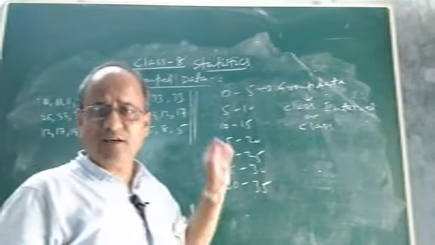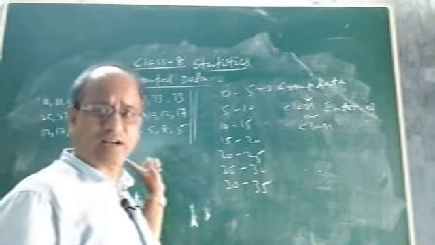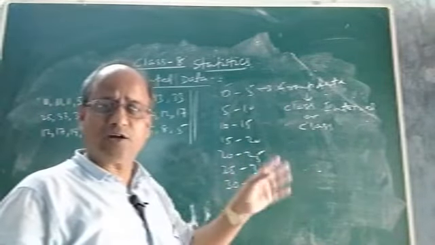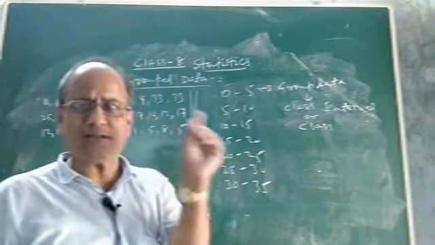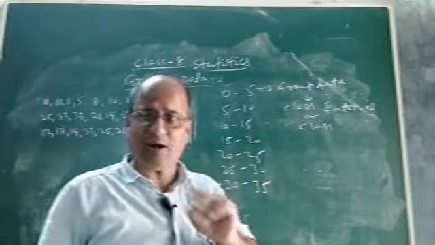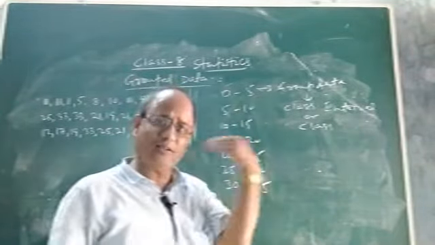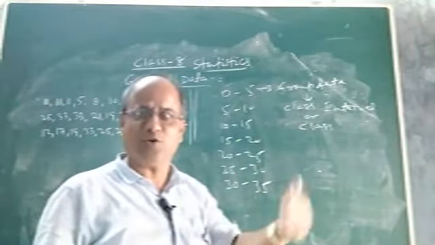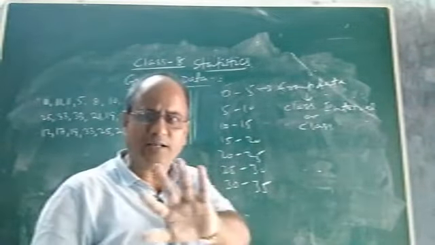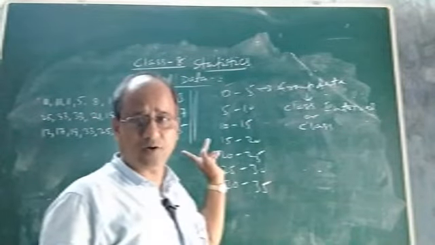So see children, the minimum rainfall is 1 and the maximum rainfall in this question is 33. In order to divide it into groups, I thought, let us take one group of 0 to 5. You can say, sir, can we take 0 to 10? Yes, you can take 0 to 10 as the first group. Then the next is 10 to 20, then 20 to 30, next 30 to 40. After 40 you need not go because the maximum rainfall is only 33.